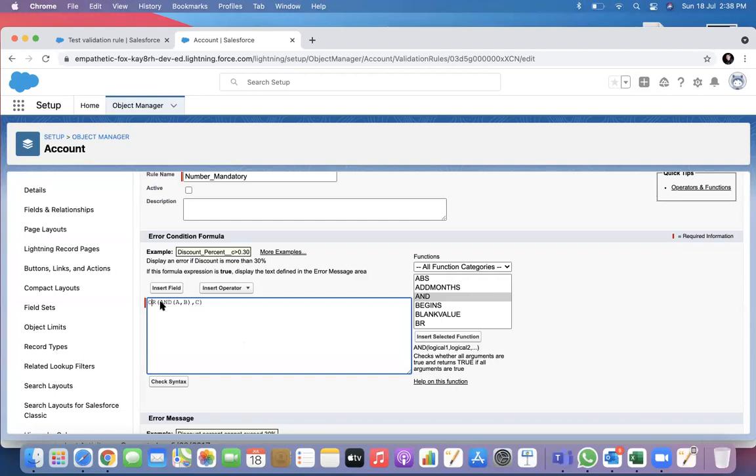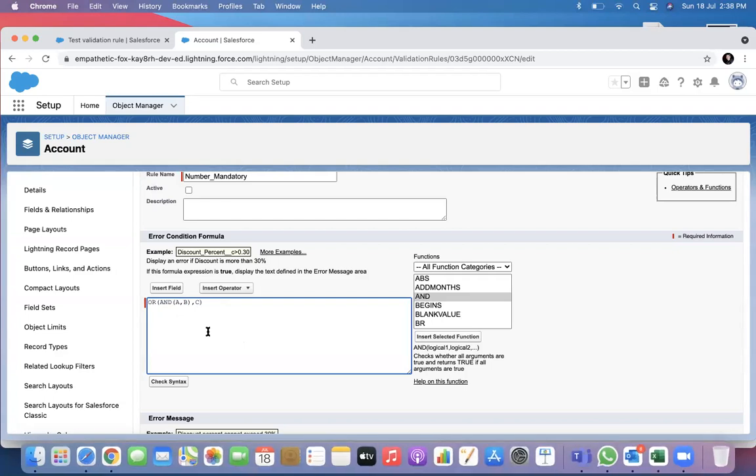So the logic is either A and B, or C. Okay. So there can be very complicated games also. So please practice it. I think in the Trailhead there is already a solution which is similar to this one. It's A and B and then OR with C. Okay. So there this bracket will make it a little more readable. Otherwise, what you have to do is write it like this: A and B inside a bracket, and then OR with C.